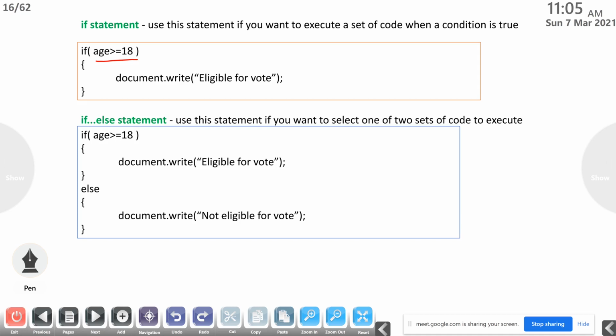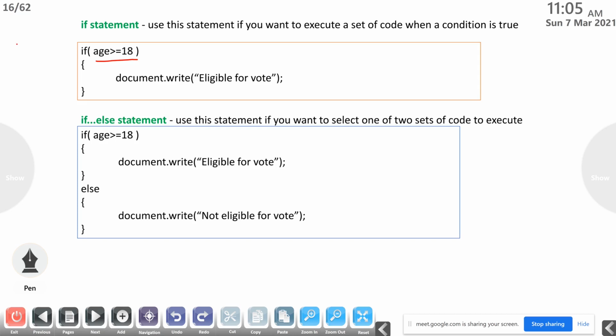Within brackets, within double quotes, we can enter string type data, and without quotes we can give other types of data. So if age is greater than or equal to 18, then what will it print? It will print eligible for vote in the browser window.